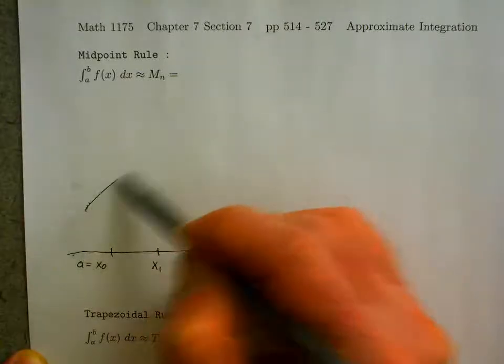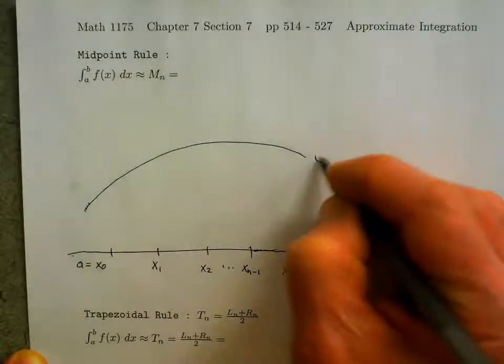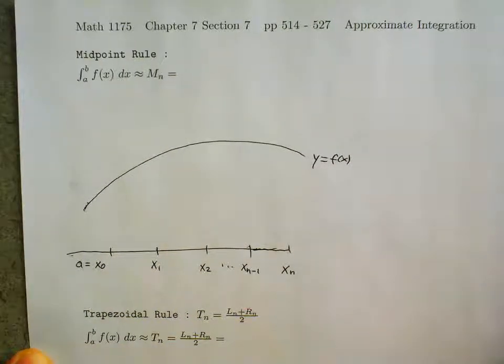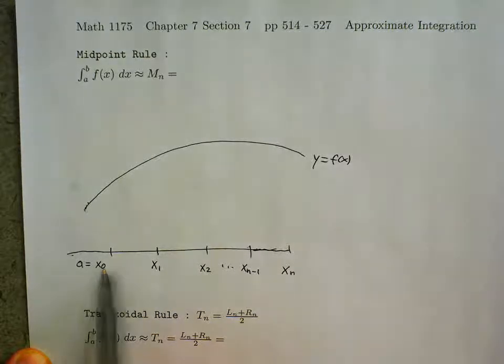If we have the graph of some function y equals f of x, so this first midpoint on the interval from x sub 0 to x sub 1,